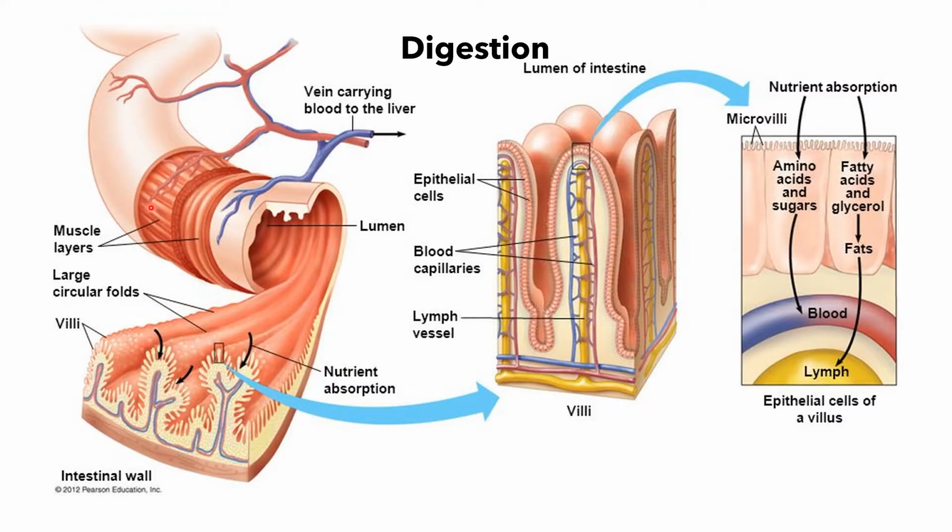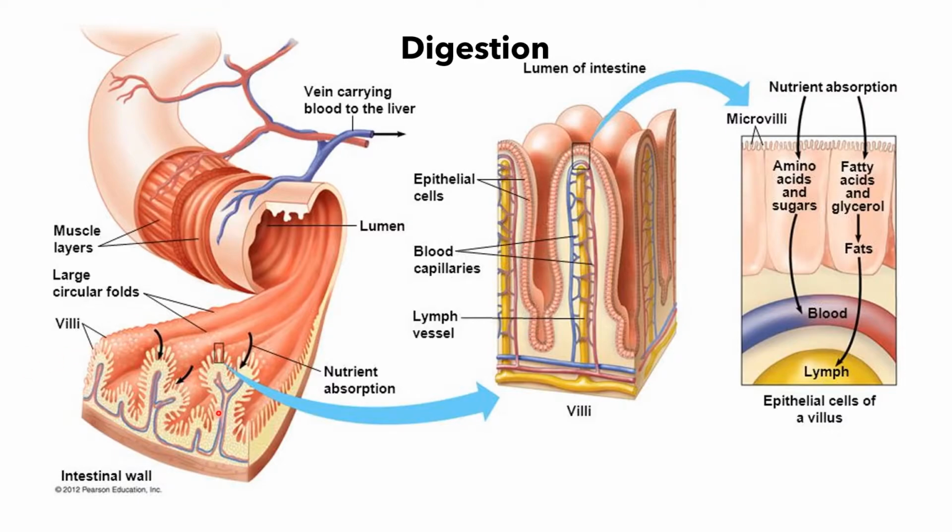We can see it's highly vascularized because this is where we're going to be absorbing nutrients into. This is why we eat. We want to get those nutrients back into our bloodstream so they can supply all the tissues of our body. And so we can see here with these large circular folds that we are going to now increase surface area